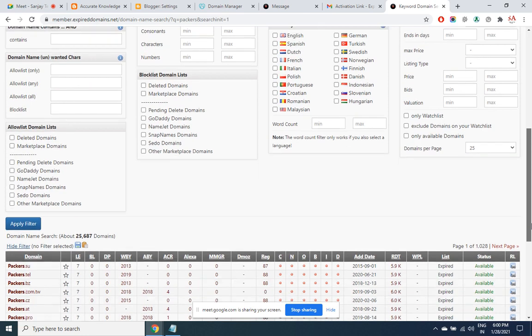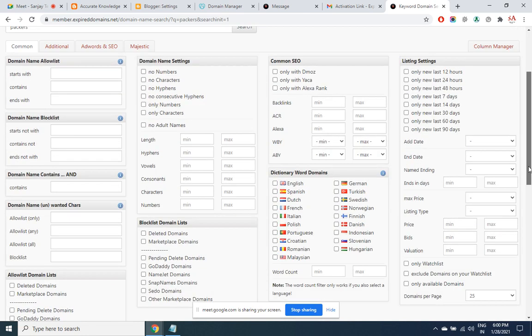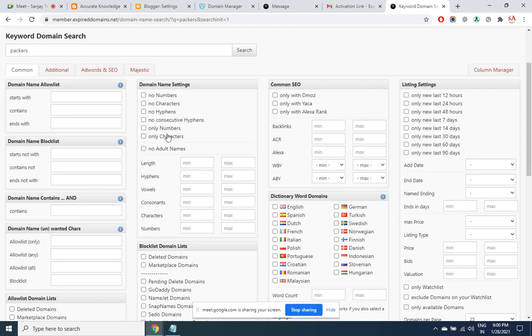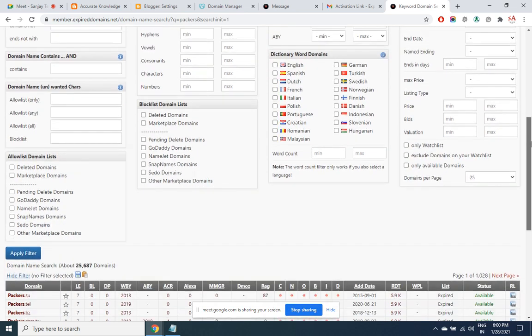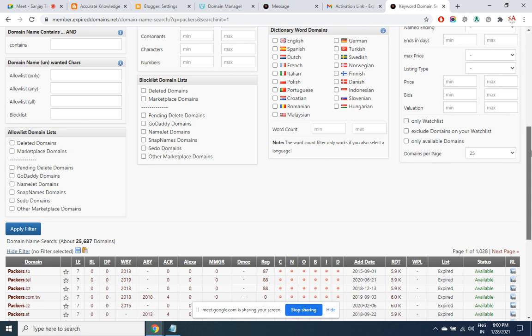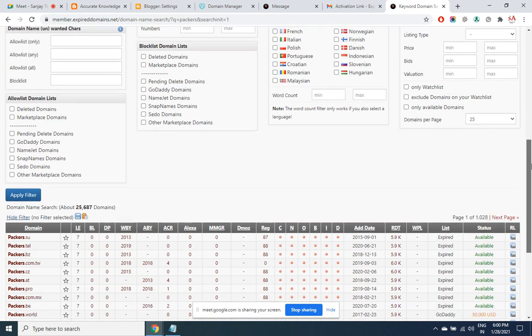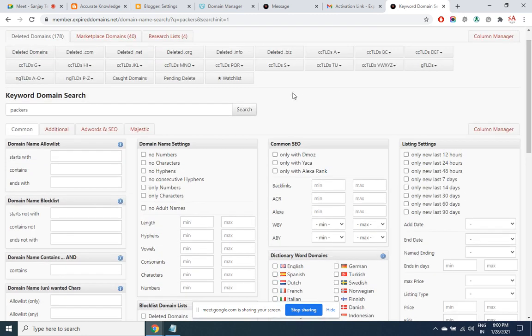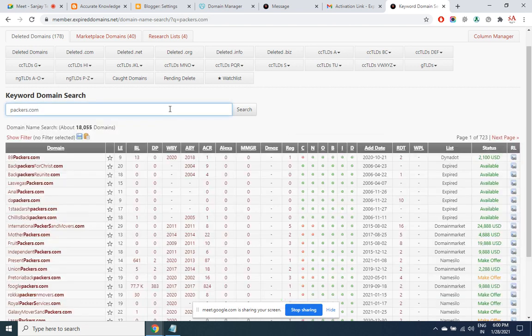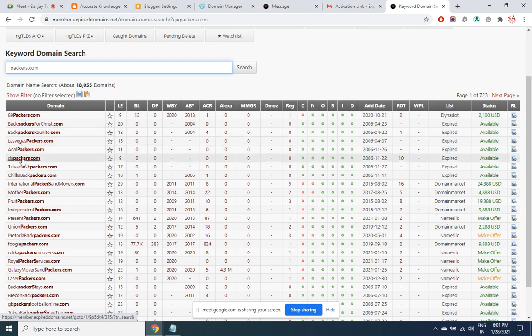They have changed the design again here. Okay, so directly you can type here packers.com. Now all these are .com extensions which have the word Packers.